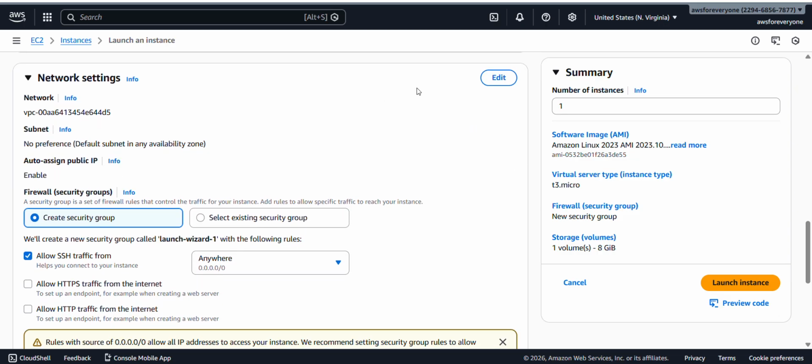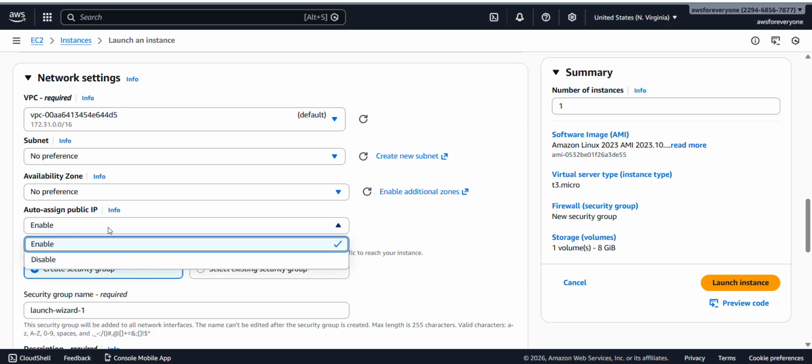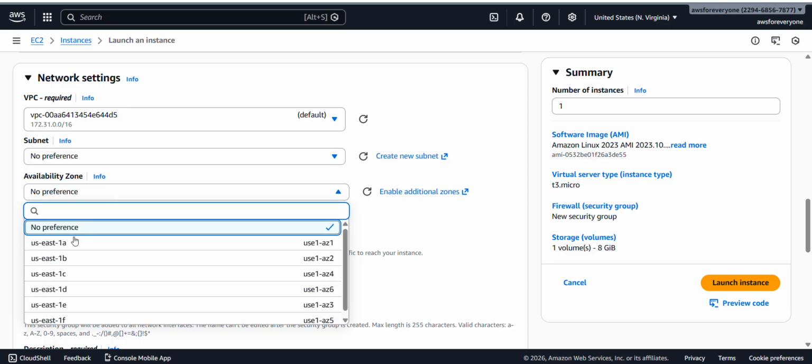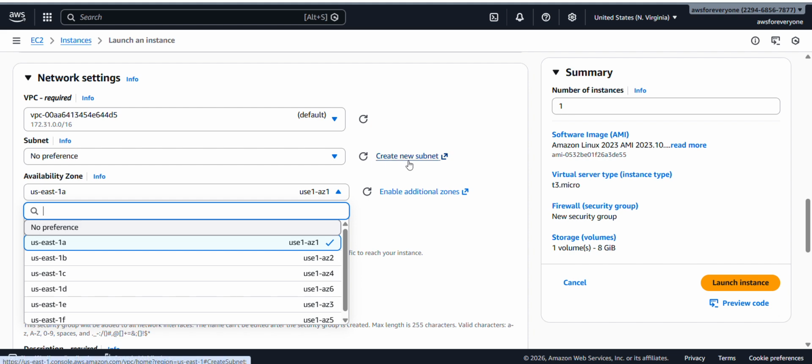So enable IP address, or to assign public IP, you have to disable that. Okay. And the availability zone you can also choose. Otherwise, it will take a default, I mean any random availability zone among the three. If you want, you can choose it also. Okay. So in this way, you can